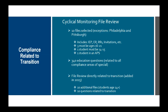of Philadelphia and the School District of Pittsburgh. That will include the IEP, the ER, RRs, invitations, etc. 3 of those 10 files must be students aged 16 to 21. At least one student must be aged 14 to 15, and 1 student who is receiving services in an approved private school. On the cyclical monitoring, there are 340 education questions, which are all related to different areas of compliance